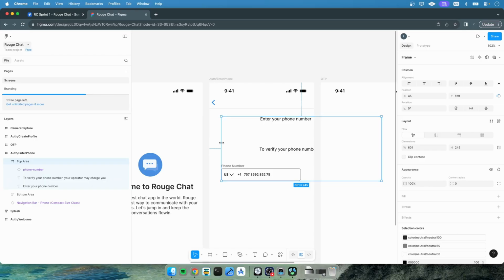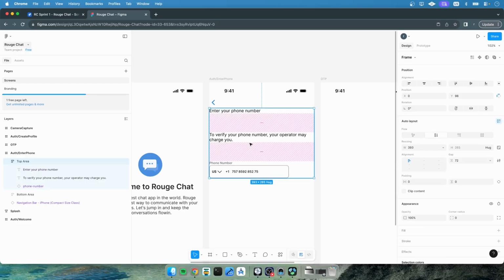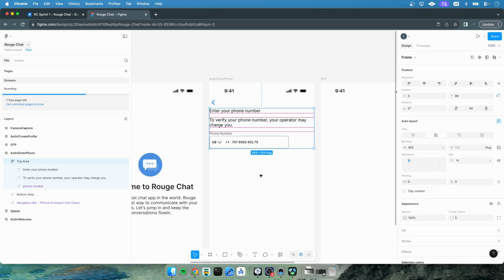And I'm gonna resize this one. Okay, and enable the auto layout. For the gap, we are going to apply spacing 400, and let's center these things,